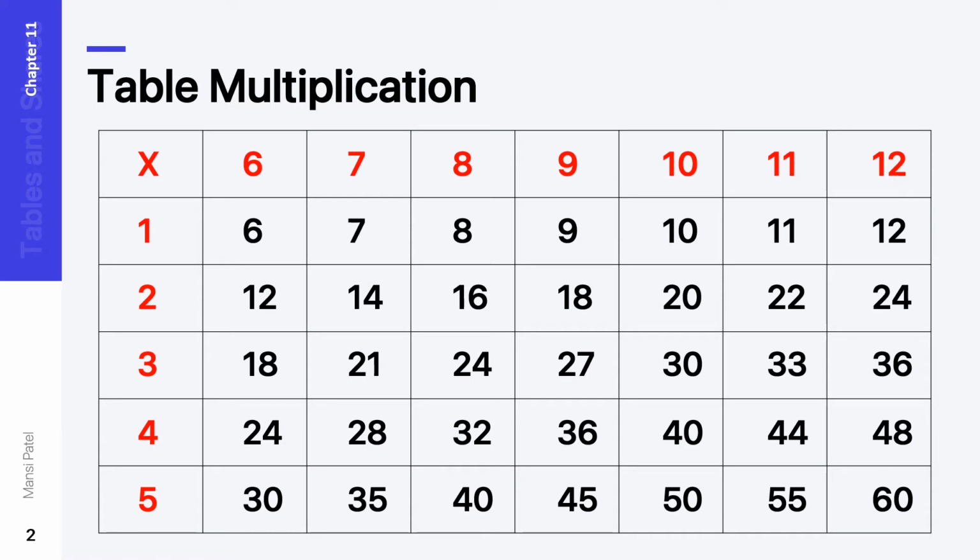So you can see here how we complete this table. If you are given any different numbers and you have to complete the table, what do you have to do? You have to take one number from the rows and the second number from the column and multiply both numbers. Then you get the answer of that box. Now let us start our next topic.